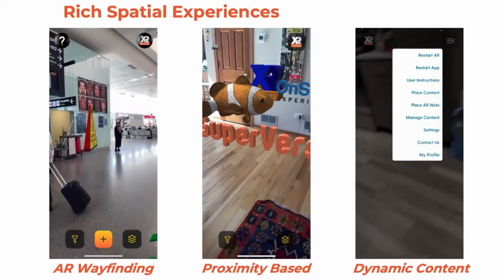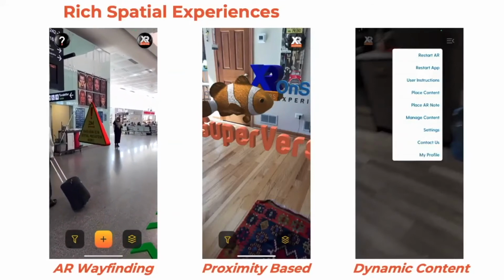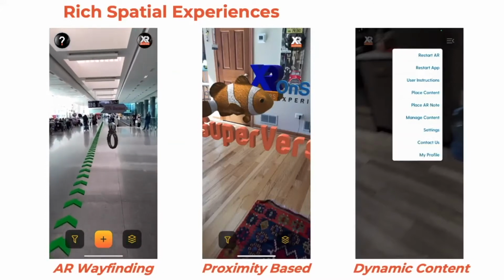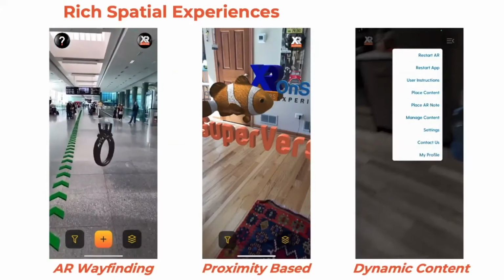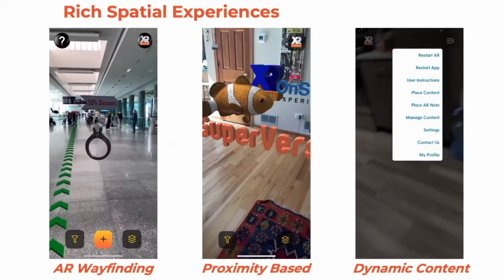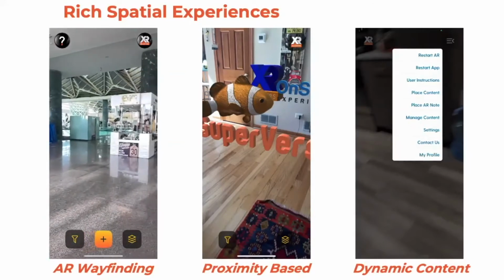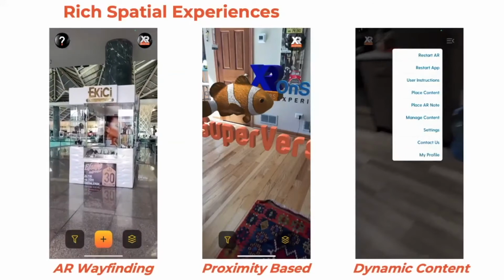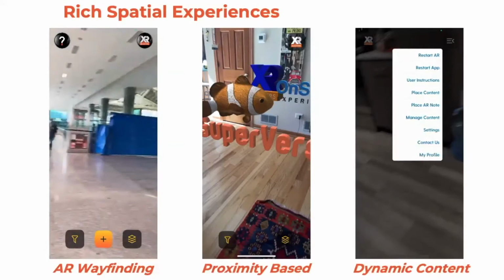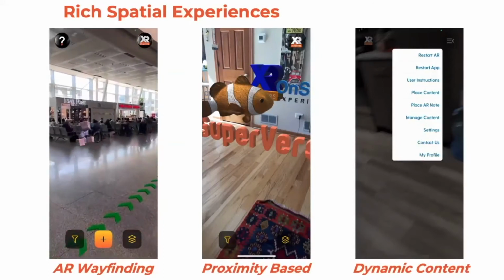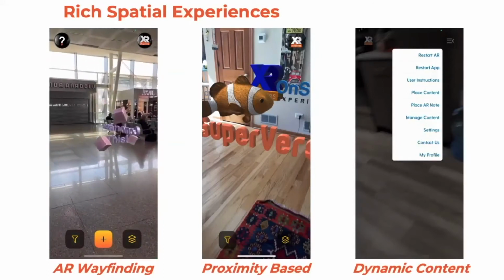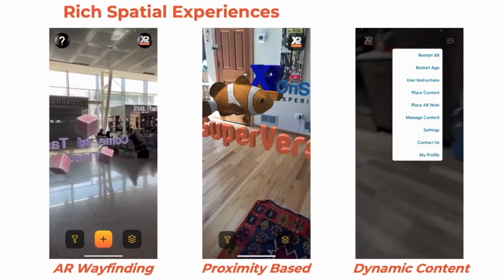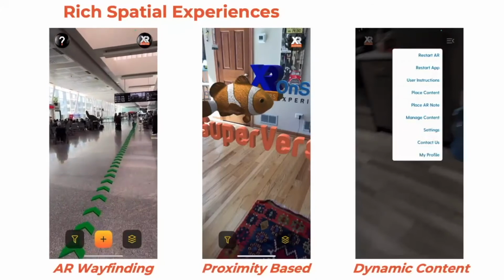Then while he's looking and going towards his gate, he sees that social distancing sign on the left. And again, while he's following the arrows, he sees another spatial ad which gives about a 50% discount for that jewelry shop on the right. As you can see, the arrows are taking him towards his gate, but he sees another ad. On his left is a restaurant ad which says, "Come and taste this."